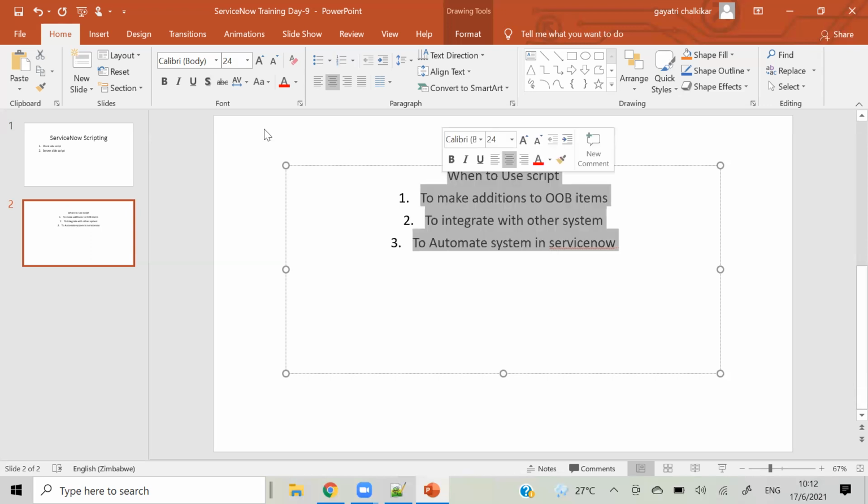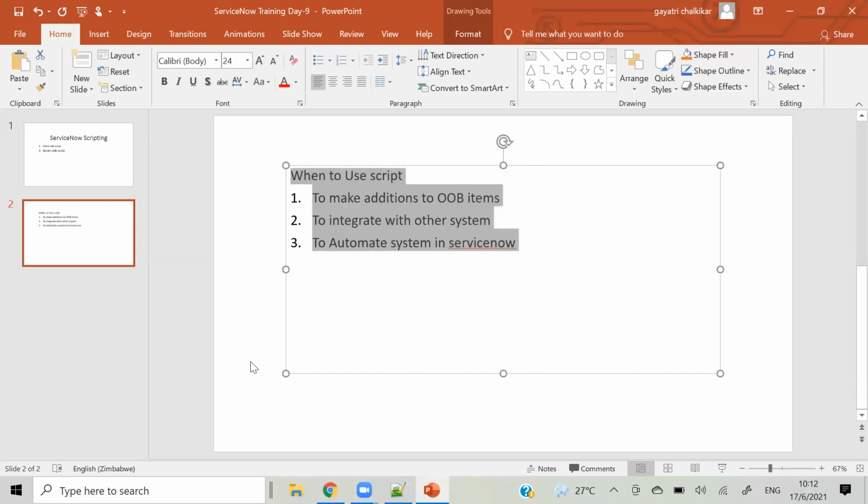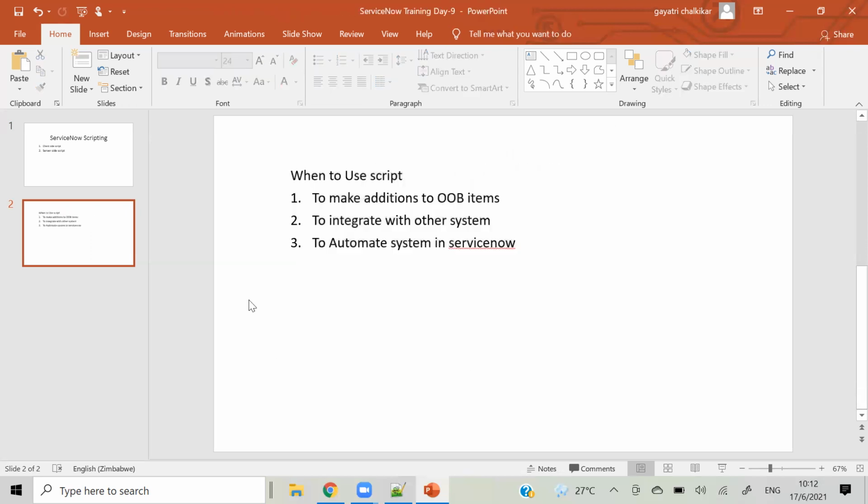These are the three purpose scenarios where we create our scripting. When you start any project from scratch, you can expect that for the first 3 to 4 months, you will not have a single line of script in it.